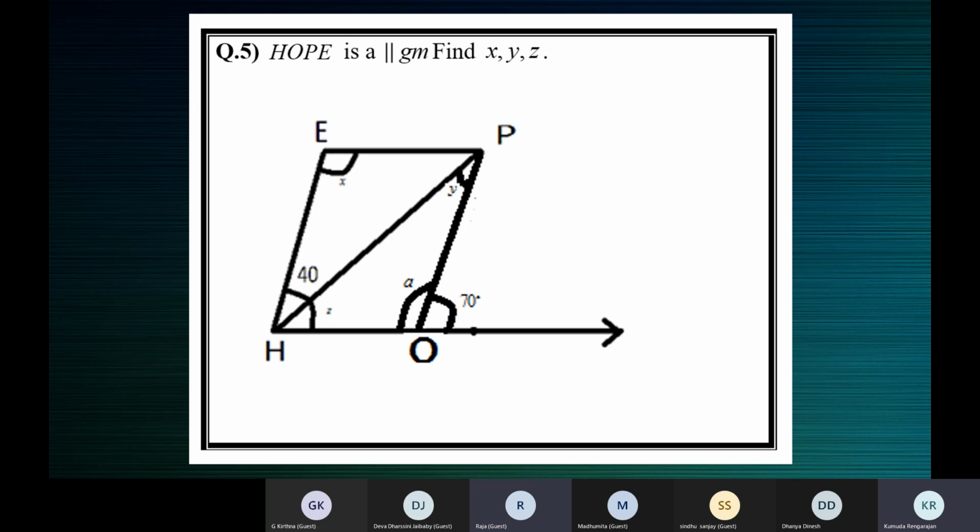Share your thoughts, only then will I understand what you have in mind. You need some time, children. We cannot just give out the answer like that. Look at the figure, look at the information given. I'll give you some time. How do we find Y? Or what is the other angle we can find?